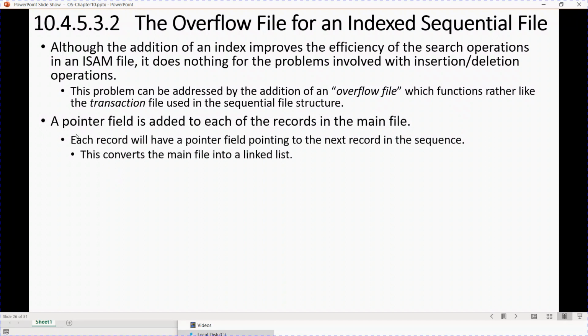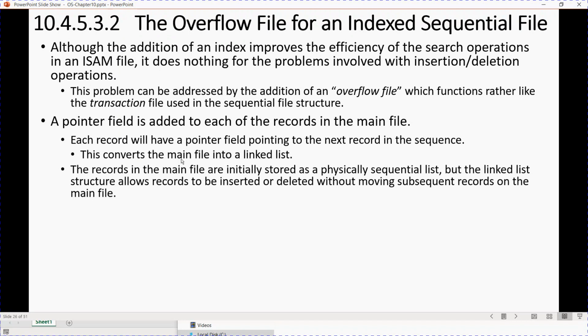We simply add a pointer field to each record in the main file,